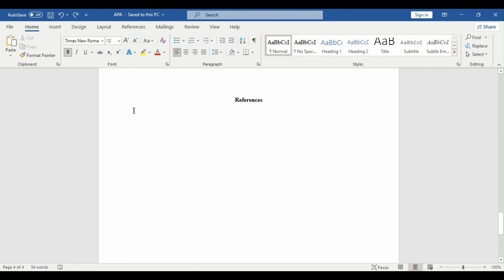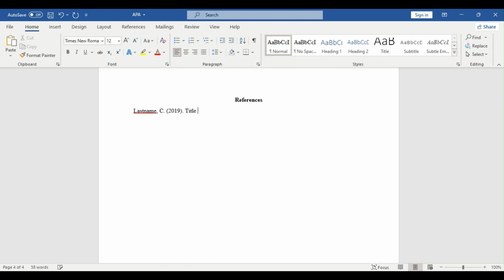And here there's a general format that APA uses for referencing, where you write the last name of the author, or let me just remove the bold. So you write the last name of the author, then you put a comma, an initial of the first name, then a full stop, you write the date of publication, let's assume it's 2019, then